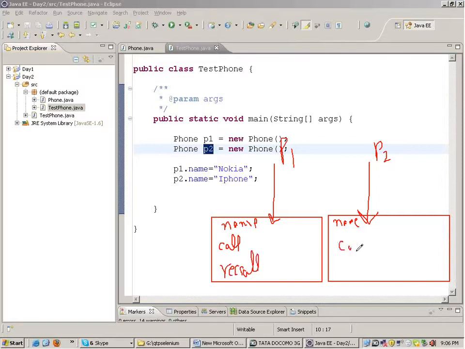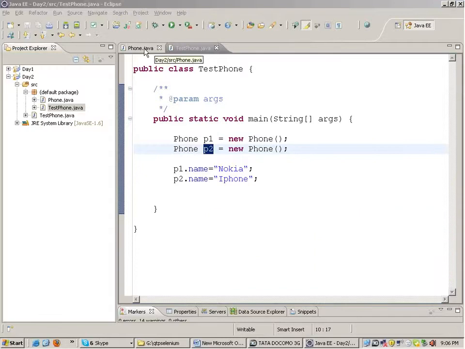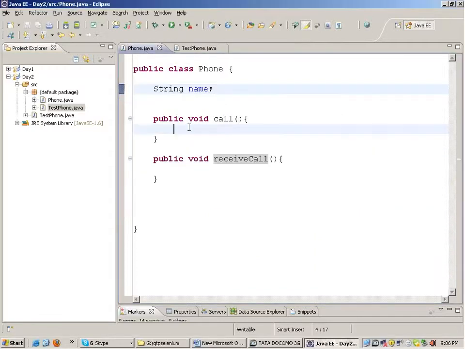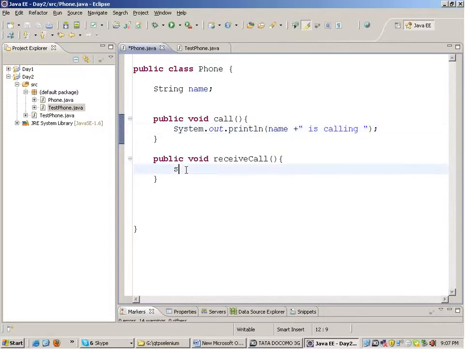Similarly, call and receive call function will be there for both the objects. Okay, now suppose in phone.java I write system.out.println inside the call function, the name of the phone plus is calling, and in this I will write system.out.println name of the phone plus is receiving call.